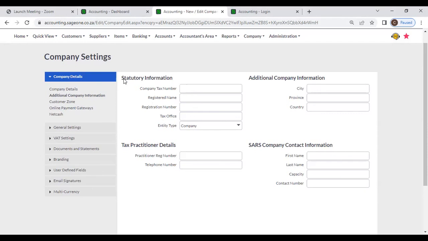First, you can enter statutory information. From here, you can enter your company tax number, registered name. Sometimes you will display one name in your invoices, but you have a different company registered name. In that case, you can enter the registered name here, or if it is the same name, you can enter that display name. Okay, then you can enter registration number, company registration number, then tax office at the Inland Revenue